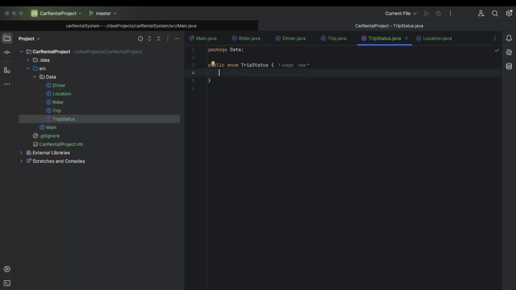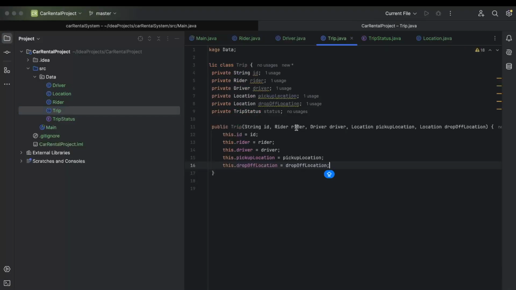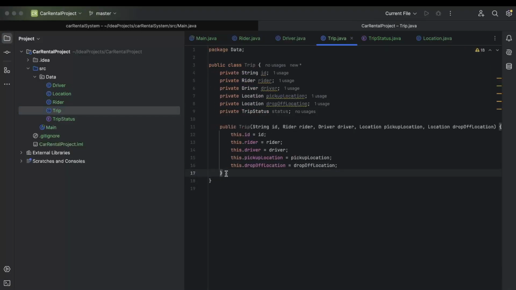requested, then we'll have in progress trip, we'll have completed trip, and we can have cancel trip. Okay, so these can be it for now for trip status. Going back to the trip class, now we'll have all the trip status as well. And now let's define